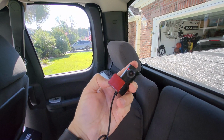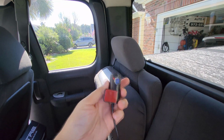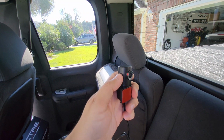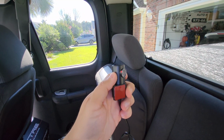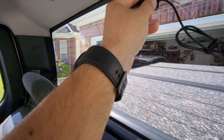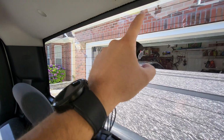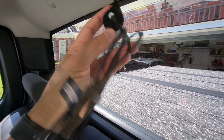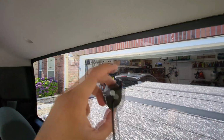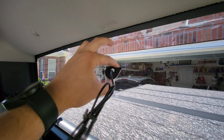All right, so you join me in the back seat now, just looking at the rear dash camera here. And as we can see, we have this double-sided taped one when it rotates like this. And so what I'm thinking about doing here is, because we have these defrost strips on the back window, which is going to make this install a little weirder, because I don't want to put this on a defrost strip per se, because, you know, if you ever take this off, you don't want to damage the defrost strip. And unfortunately, there really is no easy way of doing it. So I think what I might do is somehow get this camera lined up perfectly inside of this gap here,